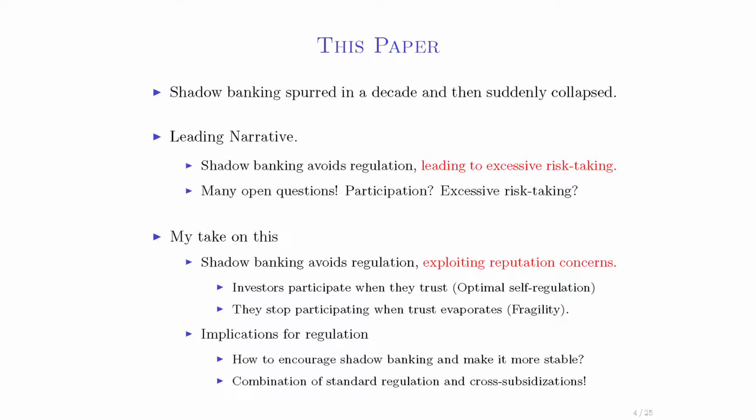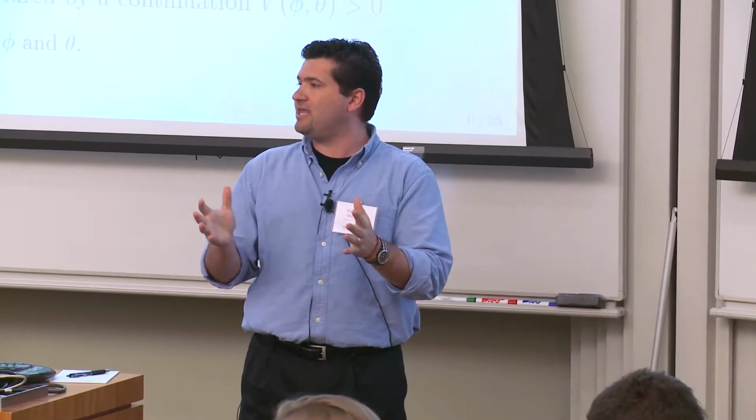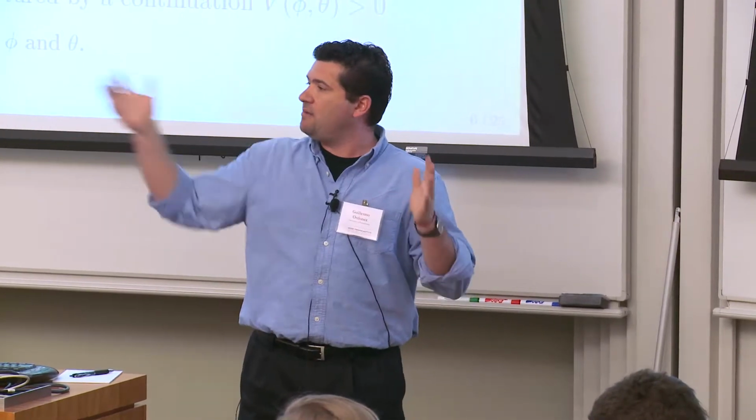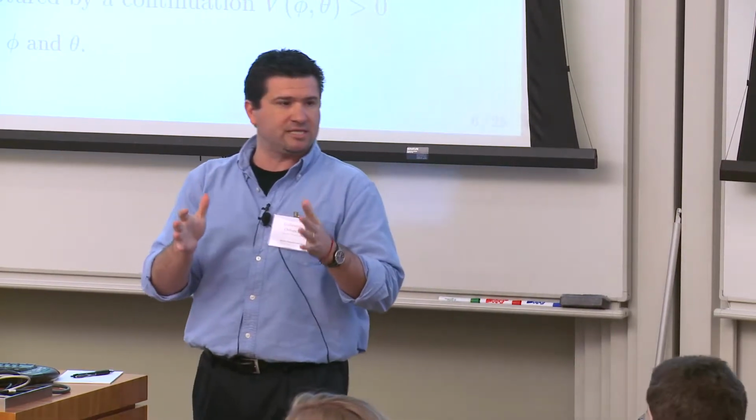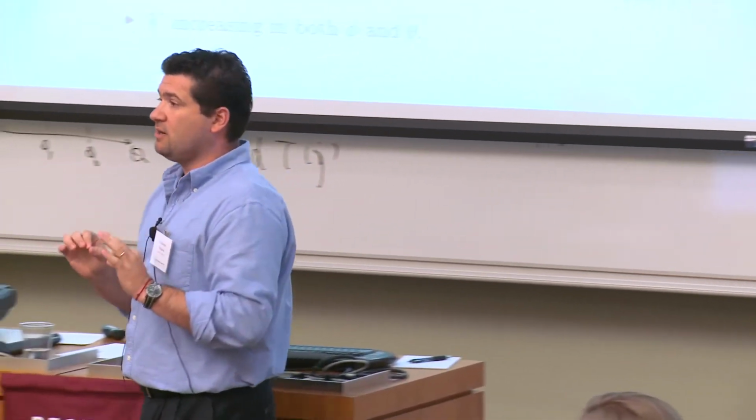All right? There is some literature on shadow banking, some of you here. For the interest of time, I will skip it, and we'll go directly to a Mickey Mouse type of model of reputation. Reputation is inherently a dynamic concept, so we need a repeated game. But I'm going to focus on the forces that exist inside a single period, okay? So I'm going to be talking today about a single period.